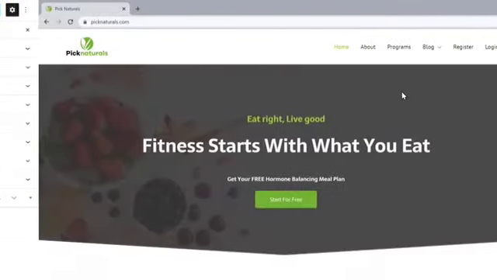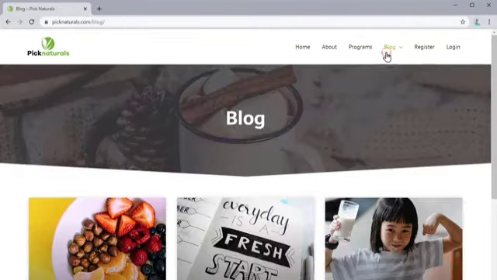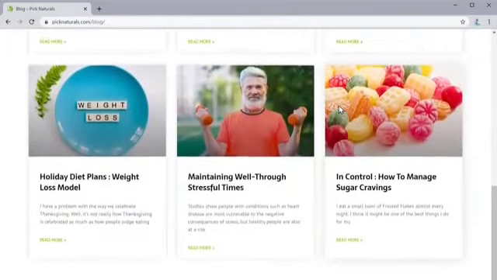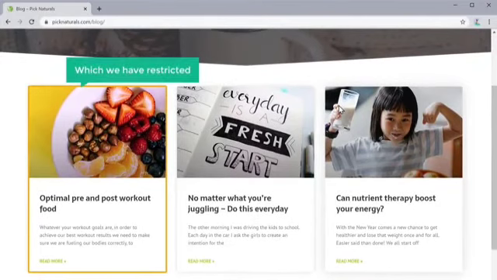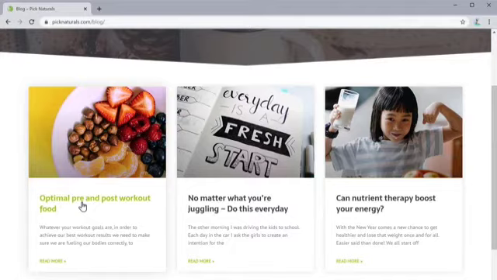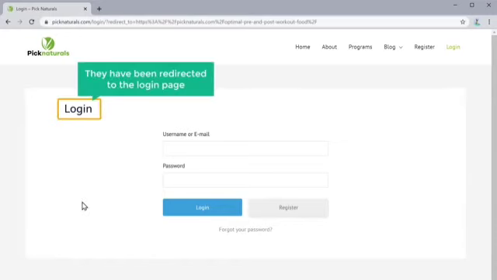Now if a visitor goes to our website and clicks Blog, you can see that we have all the posts here. Now this is the post which we have restricted. So if they try to open this post, you can see that they have been redirected to the login page.